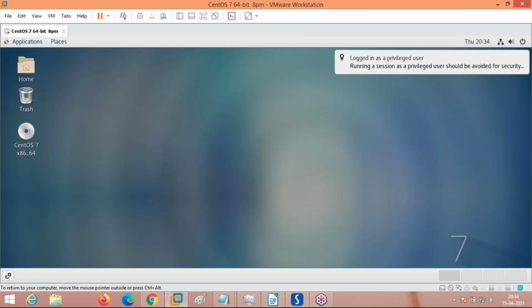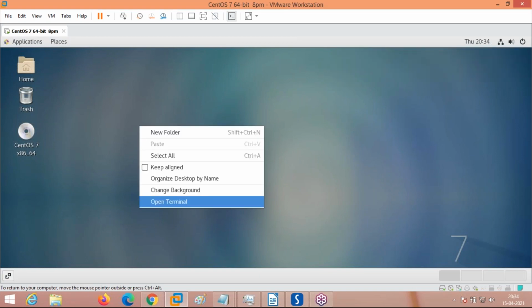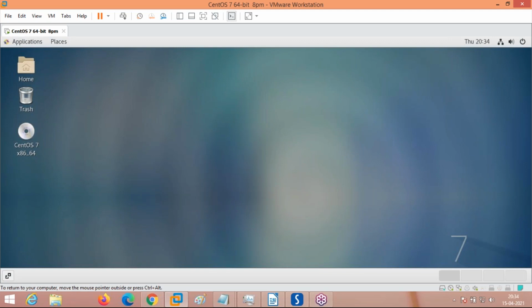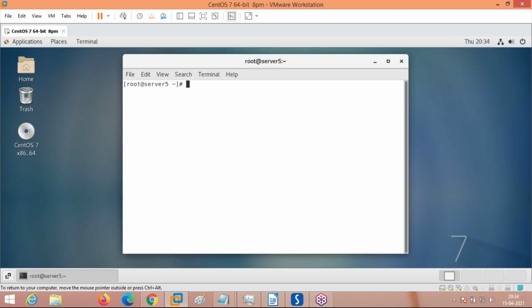Now we have logged off and are logging in again so that the host name and other things will be set. No need to do this log off and log in; most of the time it happens automatically when you restart the network service. Now we logged off and logged in. Shall we check the host name is set or not? When I open the terminal, right click, open the terminal, it shows the host name directly. Last time it was showing localhost.localdomain. Now see, server5. Now see the command hostname, server5; hostname -i gives the IP address.